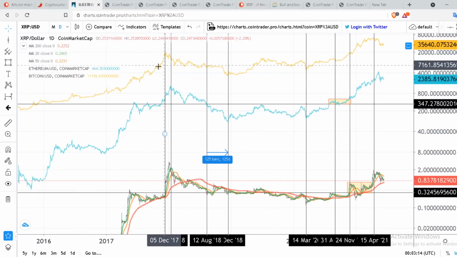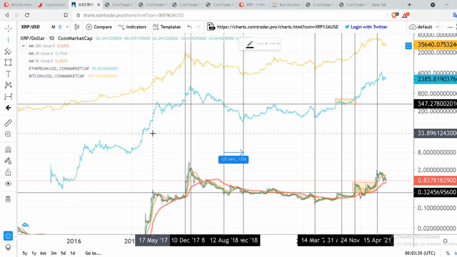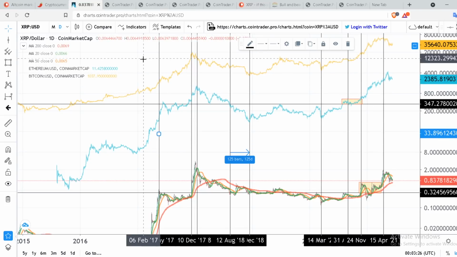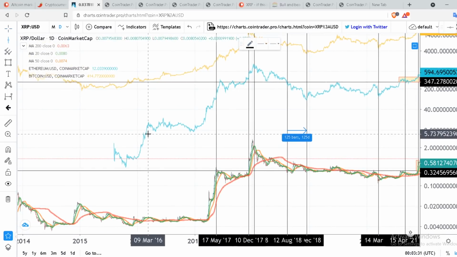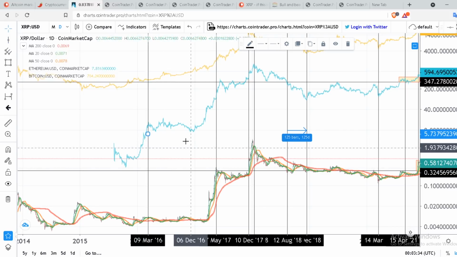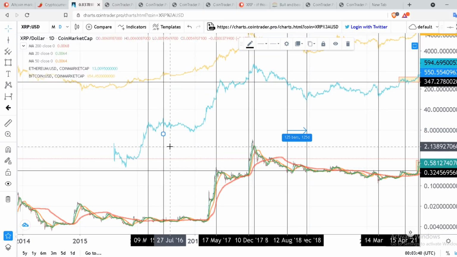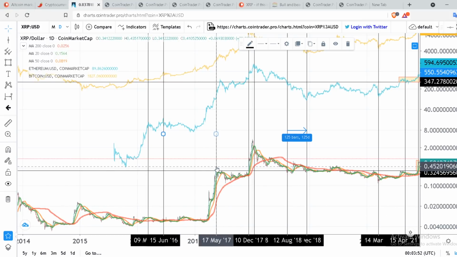Now you come back to the history and you see the same stuff. Now that's for the top of the market cycle. Now you look at the wave 2 top. That's again earlier than Ether and Bitcoin. So that's showing you that XRP was faster than them. Now look at the top of wave 1 for Ether and wave 1 top for Bitcoin. Both of them reached here at the top of wave 1, and XRP was still lagging in the market. It didn't even start its move to the upside, but when it started, it reached the top of wave 2 earlier than others. That's a huge difference there.